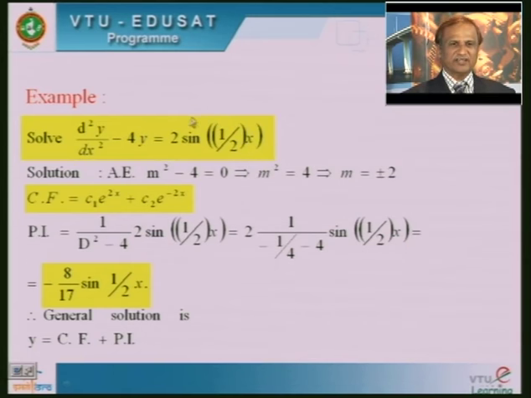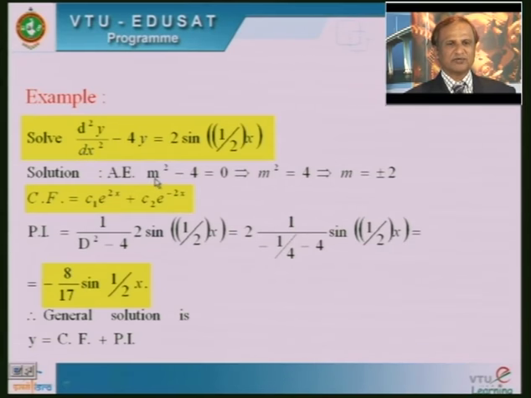So, before calculating the particular integral, first I want to calculate the complementary function, because the general solution of a non-homogeneous equation contains two parts, namely the complementary function as well as a particular integral, right. So, in the usual form, replace d by dx by capital D, it can be written as D square y minus 4y. Is it clear? So, y is common, you can take out y, what you will get is (D square minus 4) into y. Is it clear? Right.